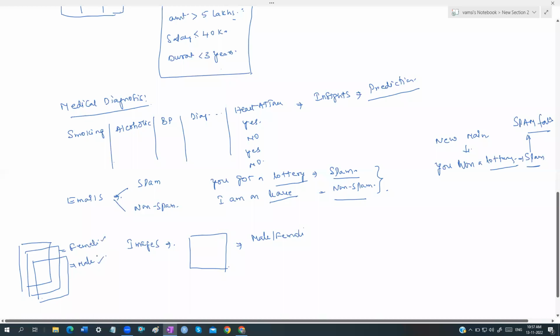So the machine studied the data. The machine has studied those particular images, and it understood how the female faces will be and how the male faces will be. Now, whenever I give a new image, the machine can tell whether the person in the image is a